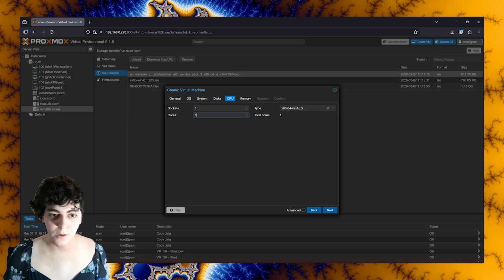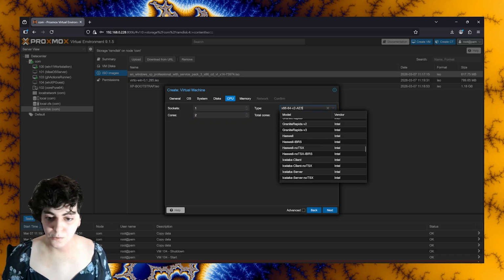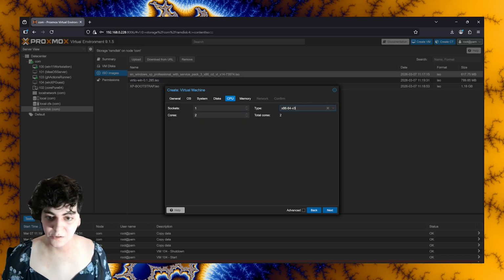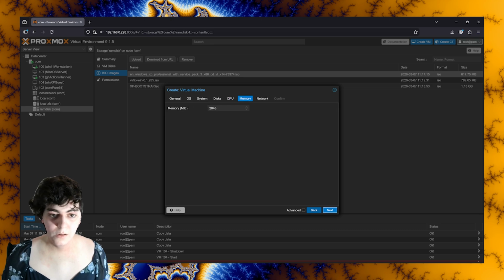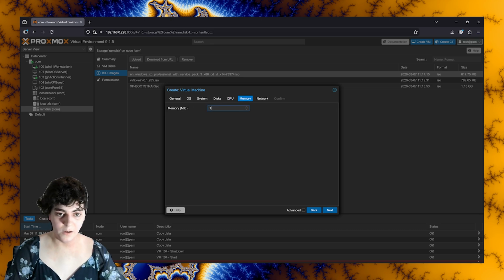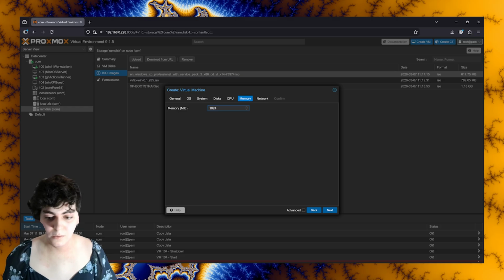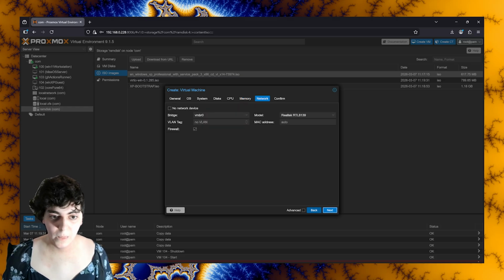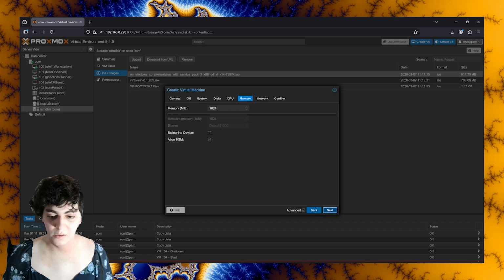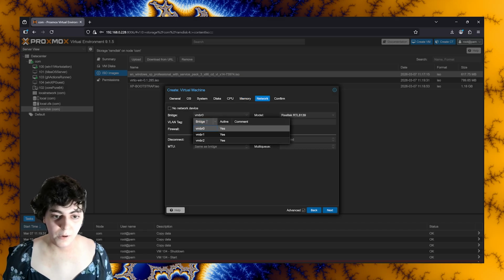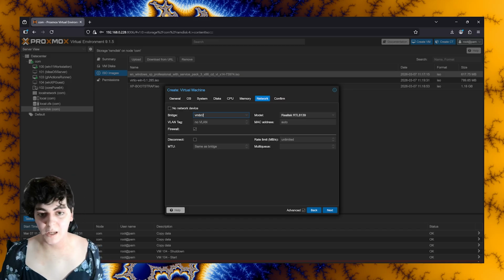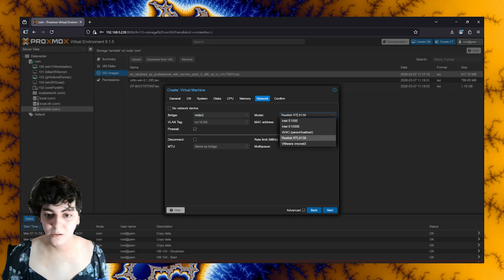And we are going to do 2 cores and use the x86 version 3 CPU, and we'll go ahead and give it a gig of RAM. Oh, and we probably need to disable the ballooning as well. Alrighty. And then for networking, which is the important distinguishing factor here,